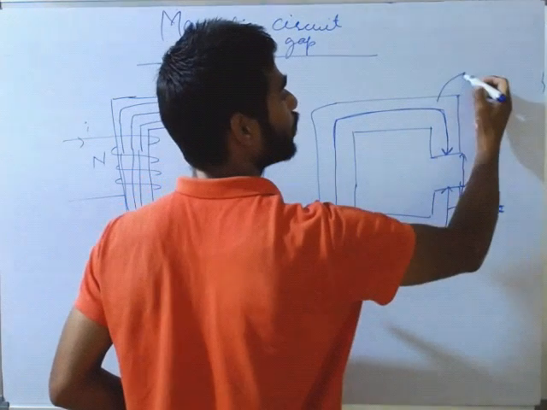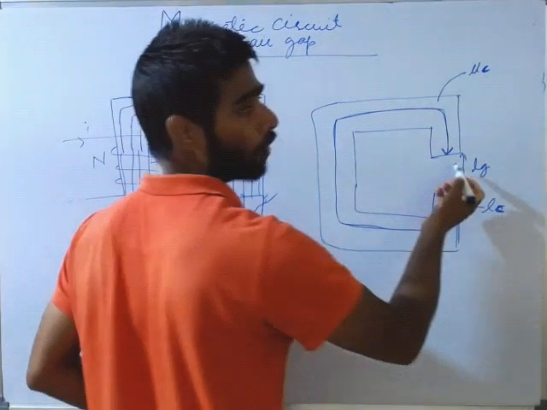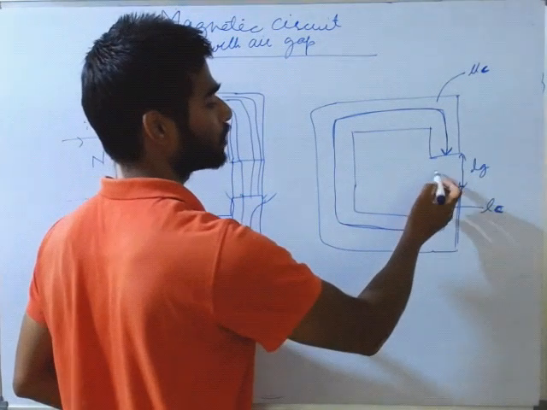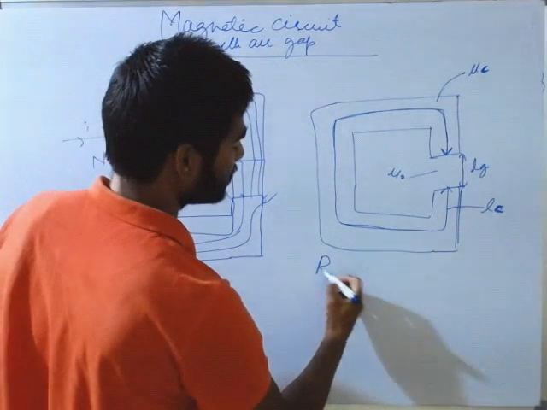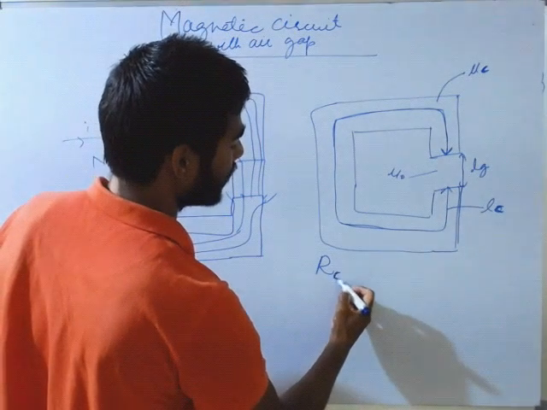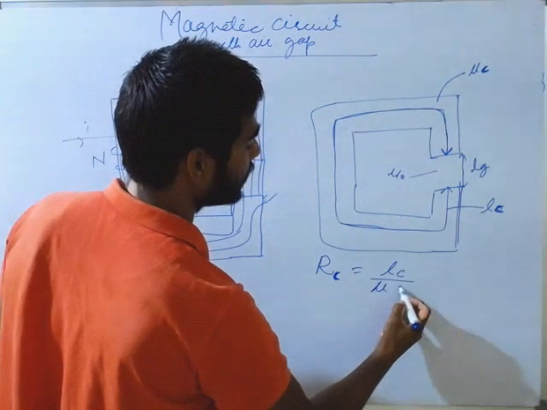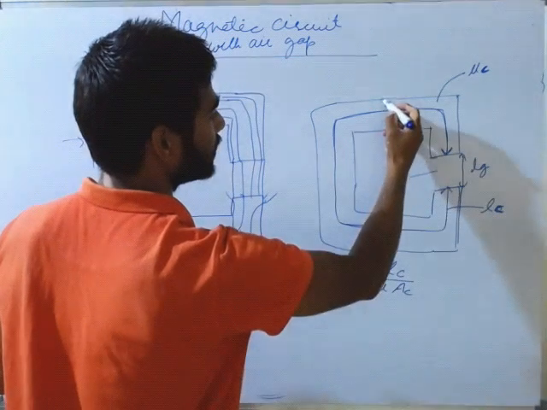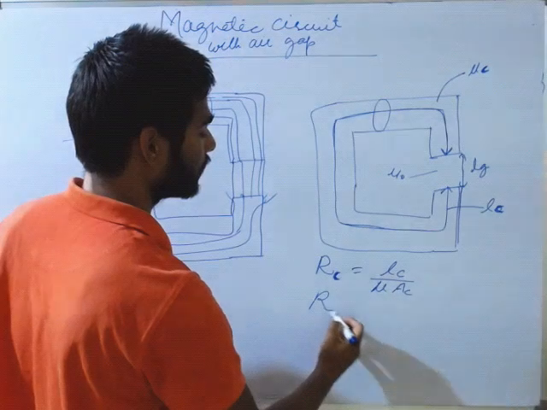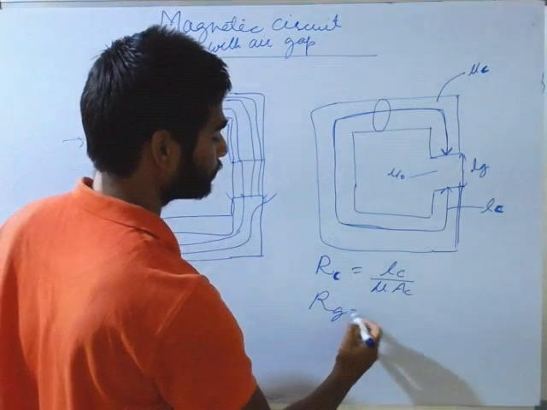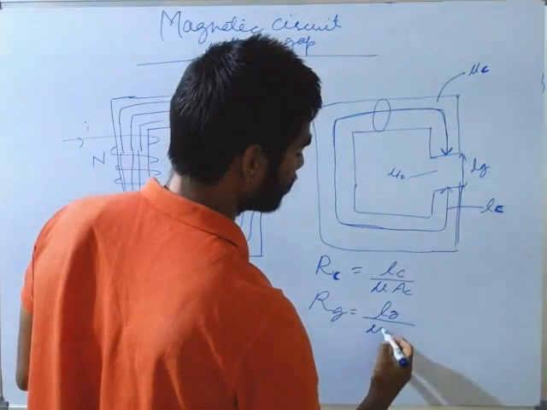and the permeability of core be let mu c, and permeability of air, we know that it is denoted by mu naught. So what is the reluctance? Reluctance of core Rc is Lc divided by mu c times Ac, where Ac is the cross section area of the core. Now reluctance of air gap, what is it? Lg, length of air gap, divided by mu naught